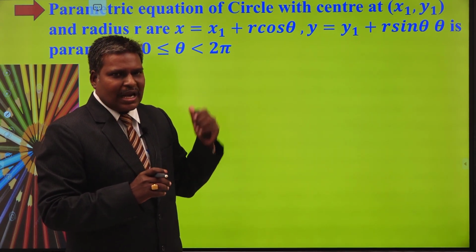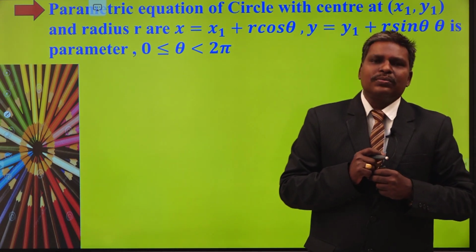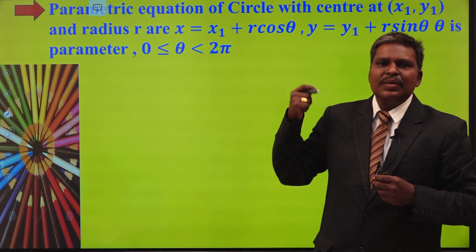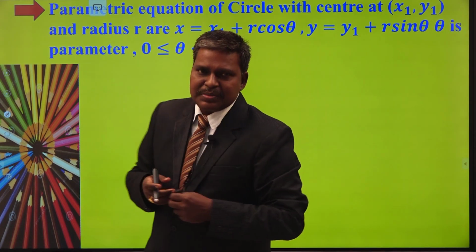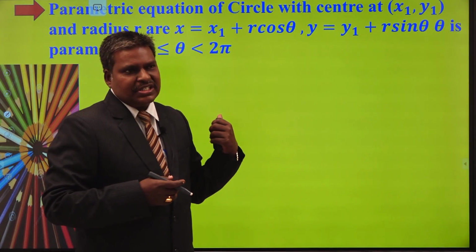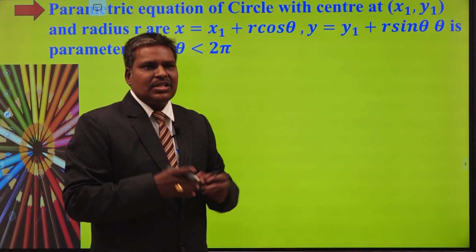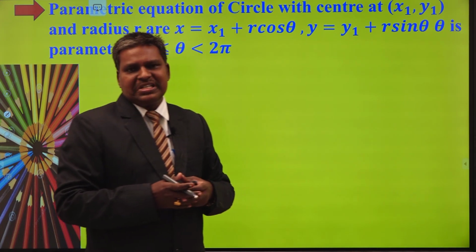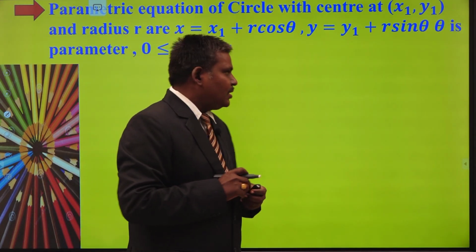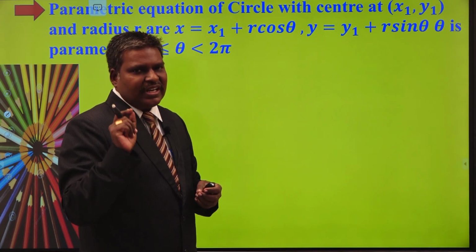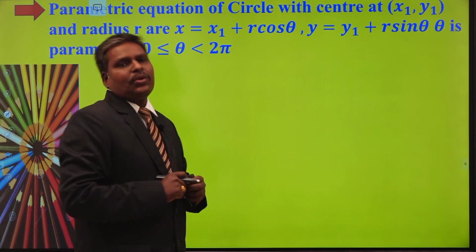But once you know the parametric equations, in a fraction of a second you can give the point on the curve. That is the importance of the parametric equations. And also we can easily do some locus problems related to the parametric equations. In ellipse, hyperbola, whatever it may be, if you want to prove so many results, you are going to use the parametric equations itself. Understand? The main important thing here is that you have to immediately identify the point on the curve.